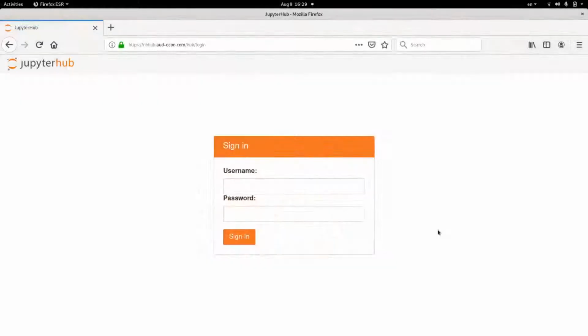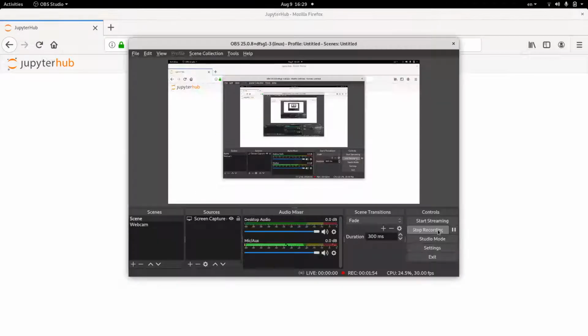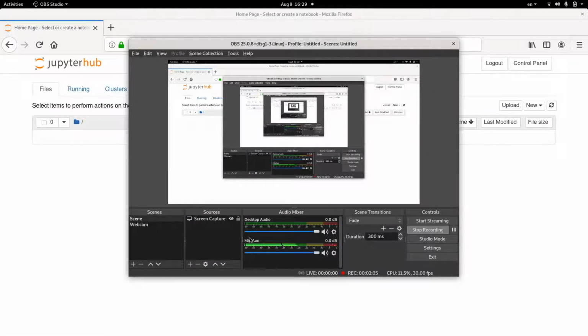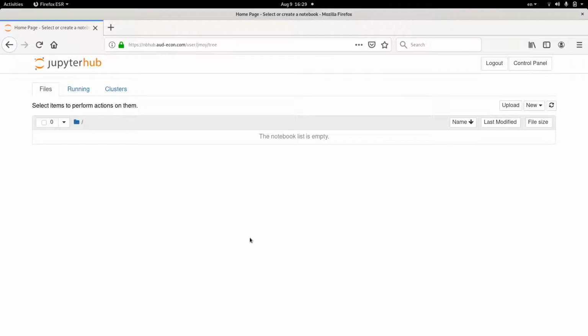So today, instead of looking at the specifics of the language Julia, we will just be looking at the particulars of how this notebook interface actually operates. So let us begin. We have gone to the notebook interface and we'll log in using our credentials. This first page that you see is your list of notebooks.